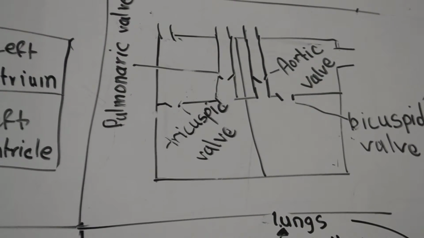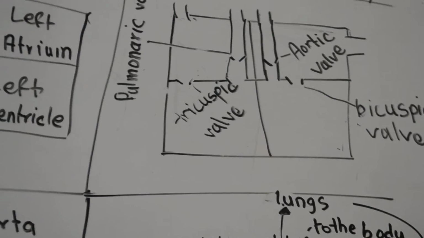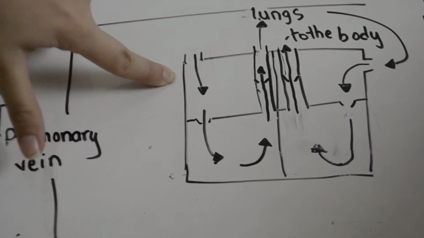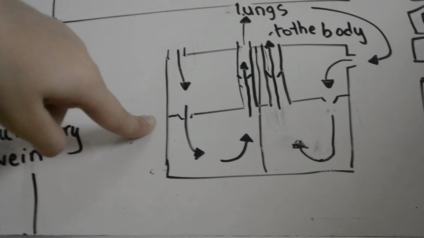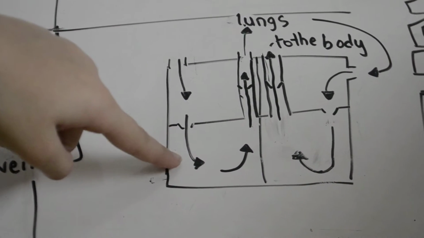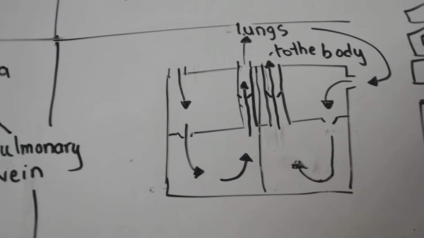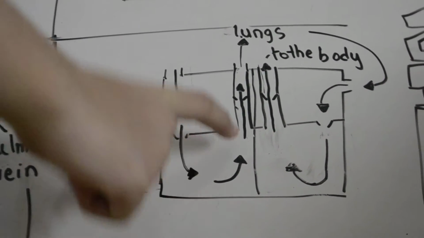Now let's move on to the fourth diagram, which is the last diagram, and it shows the path of the blood. So first over here the blood comes in through the vena cava to the right atrium, and then when the tricuspid valve opens, the deoxygenated blood goes to the right ventricle, and then when the right ventricle contracts, it goes to the